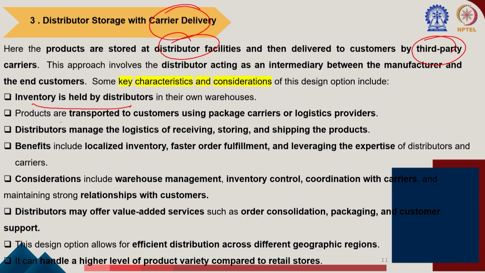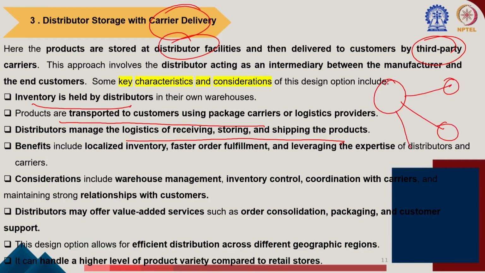So products are transported to the customer using package carriers or logistics providers. Those can be third-party logistics providers. The distributor manages the logistics of receiving, storing and shipping the products, because now the distributor is managing the inventory. And then the benefits will be, because earlier the manufacturer was somewhere in the center, now we may have